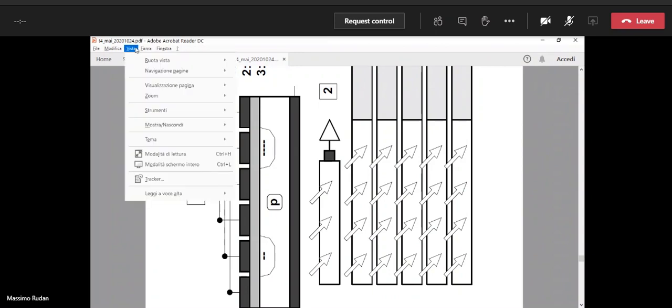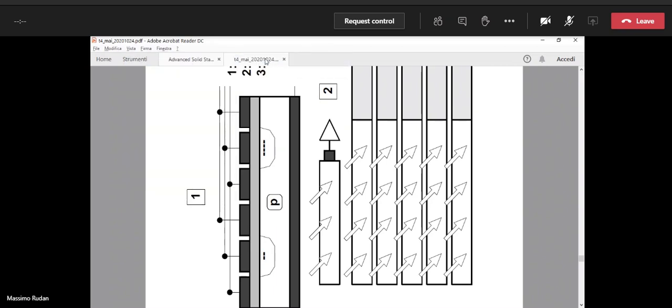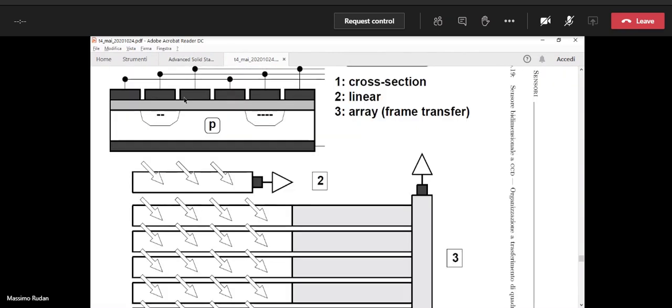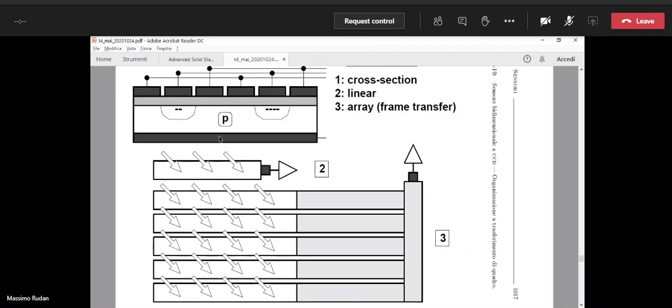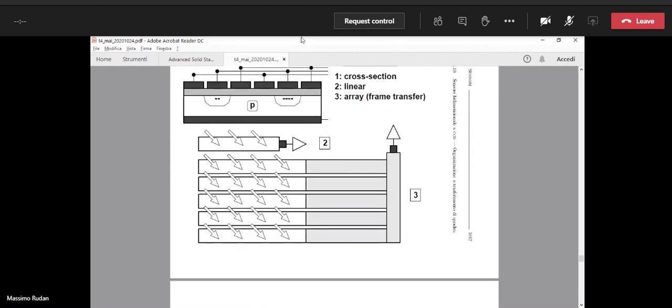So in this page, you can see a possible method to transform a linear CCD